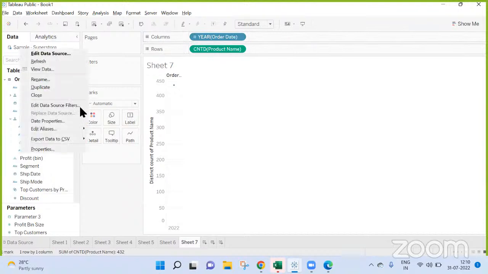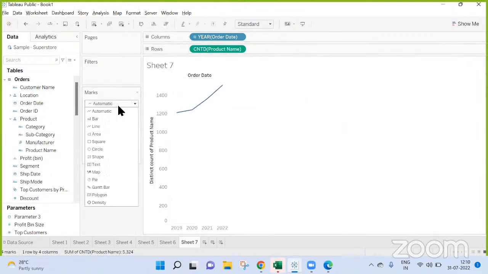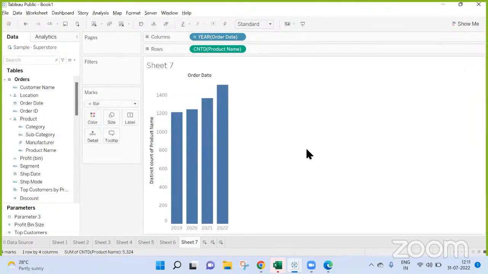Okay, I need to remove this data source. Okay, that's a bar chart. Now suppose on 2022 I just put the text, so the total count will come up on the bar. Now suppose I click on this 2022 bar, it is 1510, the count. If I click that, whatever those 1510 product IDs are, they should be displayed. But you have not specified any link.